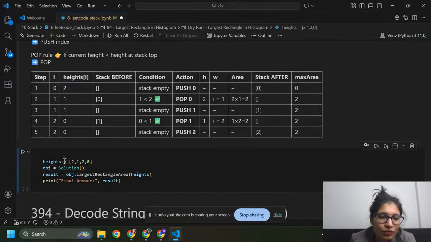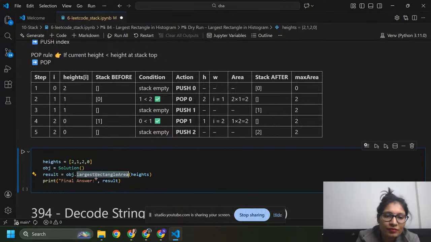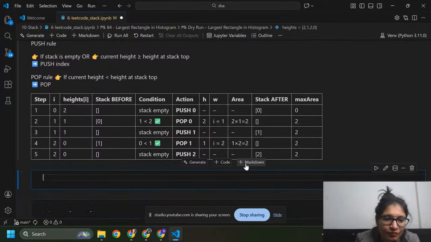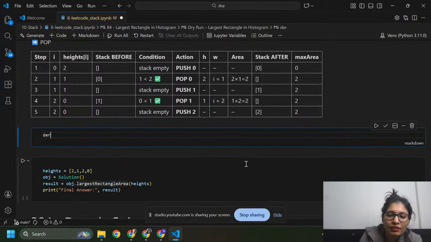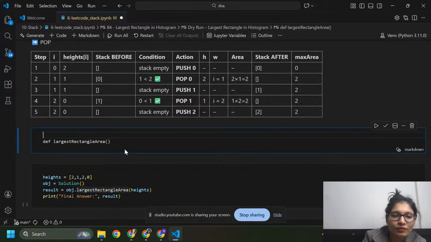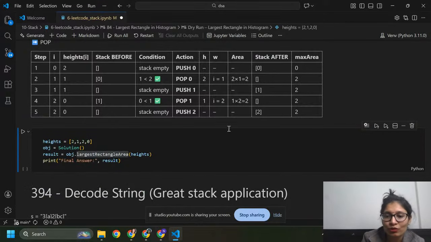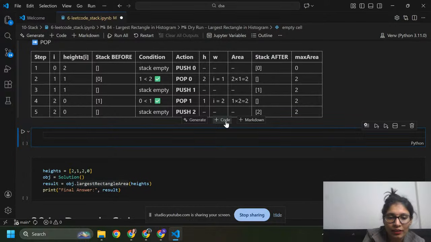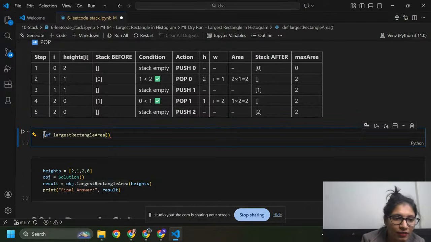First of all I need to create one function. Before this I need to create one class. I'm not going to use markdown, so I am going to change this into a Python cell.